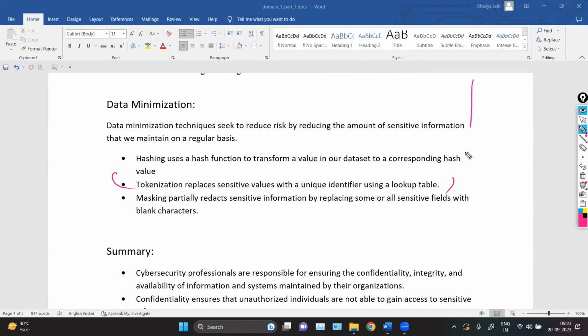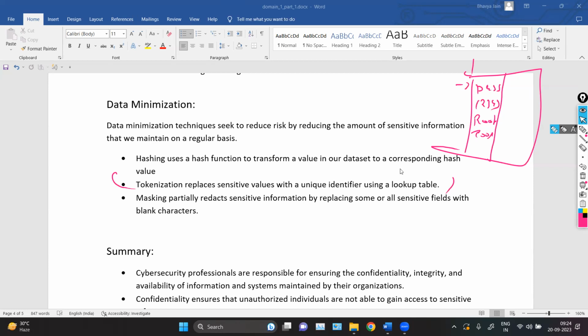Then tokenization. Tokenization is like, let's say there's a database, and in your database there's data stored. Let's say there's a password stored, password 12345, and there's a root to this data. Now you want to secure your data inside the database. That is tokenization. Whenever we are storing the data in the database, there's a chance that an attacker can access our database and fetch your data, which is the real data.